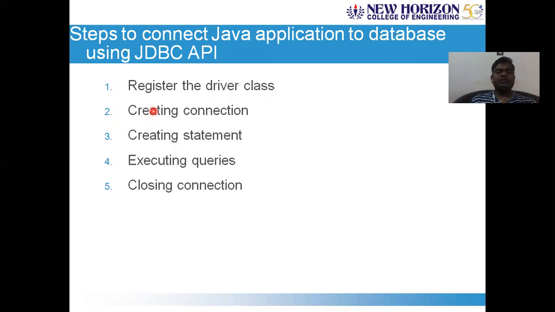The next topic is the steps to connect Java applications to a database using the JDBC API, which is a very, very important and most frequently asked question in any exam on JDBC, usually a 10-mark or 12-mark question. We'll explore these details one by one. Of course, it is a lengthier concept, but it is very interesting. A couple of library functions are defined there, so we will try to do it in the next session, the third session on JDBC. Thank you.